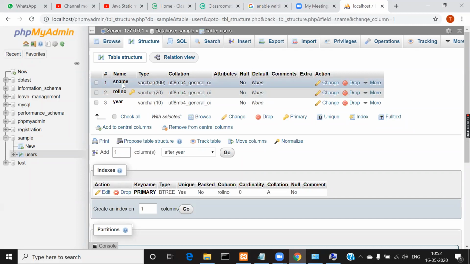So there are 3 fields. Now if I select this field and click on this drop link, then automatically this field name, S name, will be deleted from the table. You'll be left with only 2 fields, roll number and year. So I'm not doing all these things. This is just for showing you how to create a database and how to create a table on your control panel. After you have done this, we have to go for setting up the path for